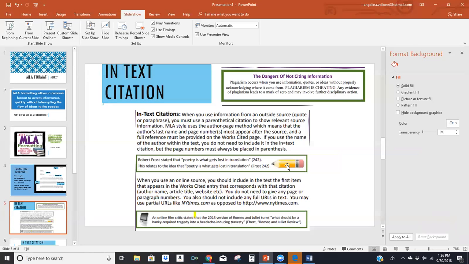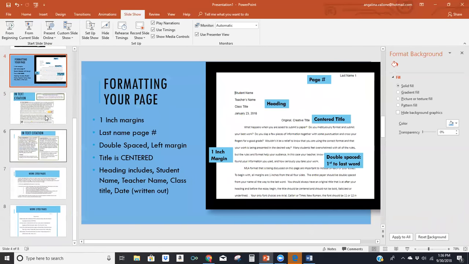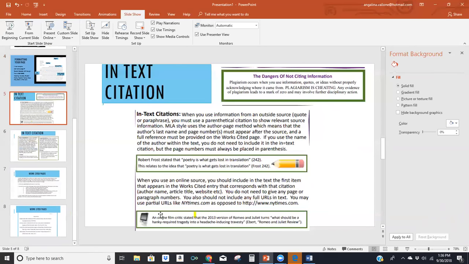have a quote from a speech, and I'm actually going to show you using Roosevelt, the last name of the author, or the person who gave the speech, but also the URL, just in case you didn't have the author's name. But it's better that you use the author's last name and then the most precise location you can find. So if you look down here on the bottom, an online film critic stated that the 2013 version of Romeo and Juliet turns what should be a hanky-required tragedy into a headache-inducing travesty. And that's Ebert